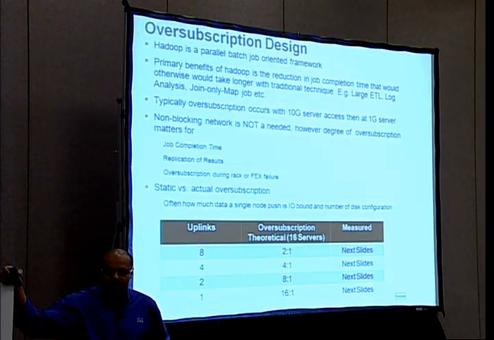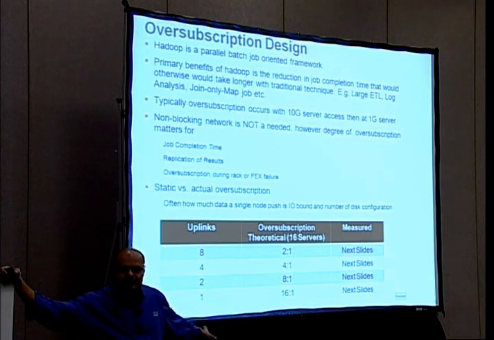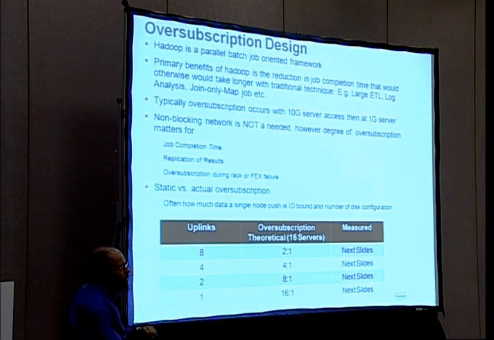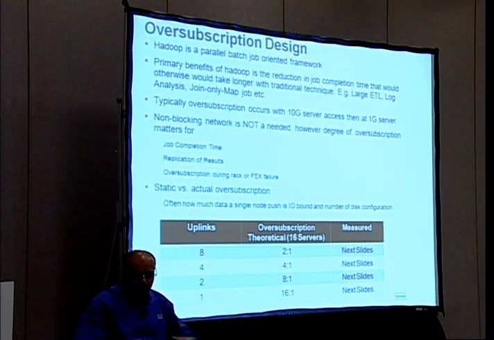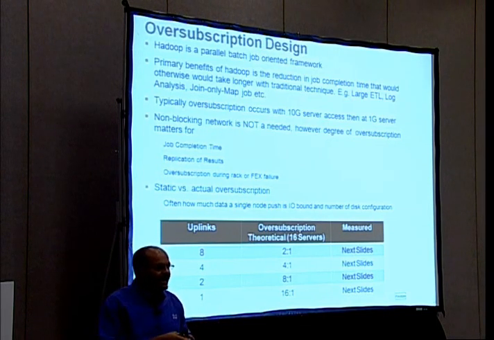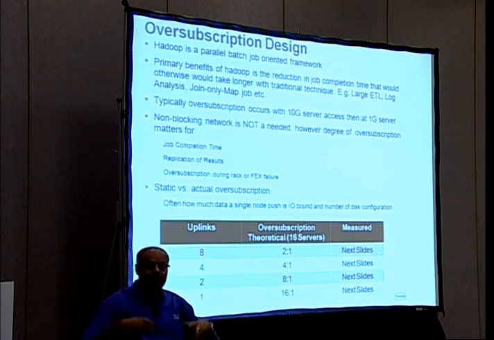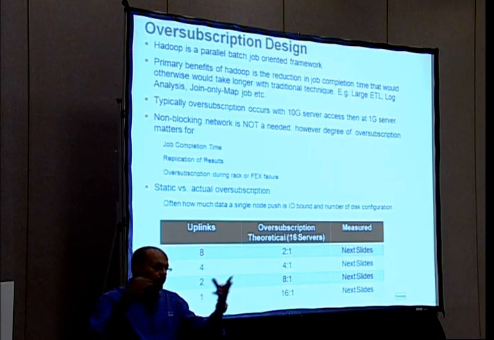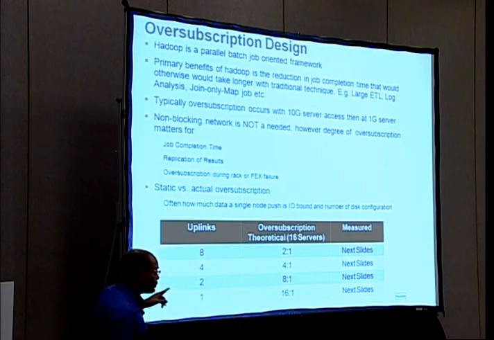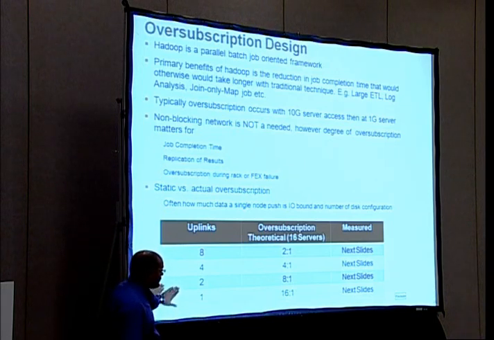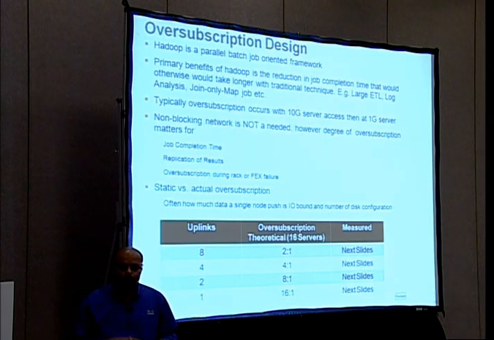In this, what we talk about is oversubscription, right? So the debate goes on that you need a non-blocking network. The answer is you don't need a non-blocking network, because we tested it. Why? Typically, the oversubscription matters when your node density goes higher in terms of the speed, right? From 1 gig to 10, you are at 10 times higher speed at the access layer, at the server layer, right? So you have to reflect the similar capacity planning in the network, how many uplinks or how many internodal links that I need to connect to, right?